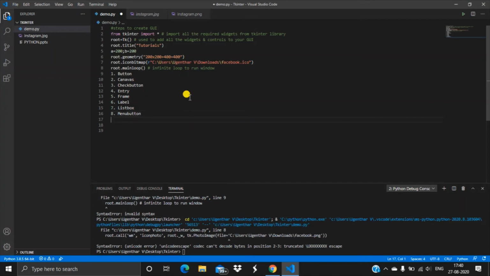Then the ninth is Menu. The Menu widget is used to provide various commands to a user. These commands are contained inside the menu button. The next is Message.